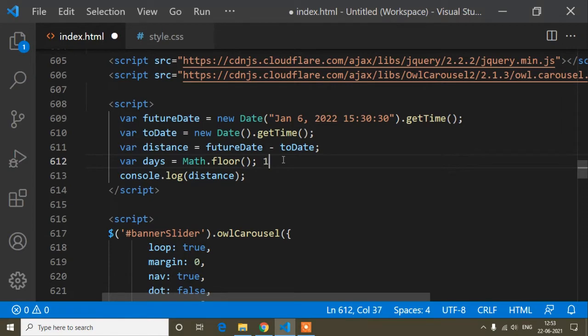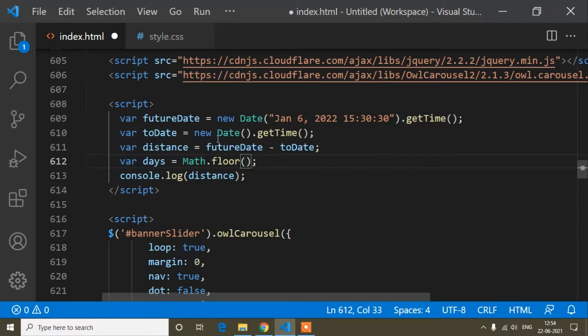Suppose it's a point value 1.2. So the floor method will make it round. I mean, suppose you pass this 1.2 value inside this floor method, it will give the output 1. That means it will give you a round figure 1 like this. So if I add this millisecond value, I'm getting milliseconds. So everything I write in the floor method, I will get a round figure.